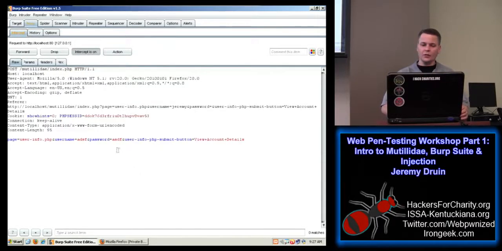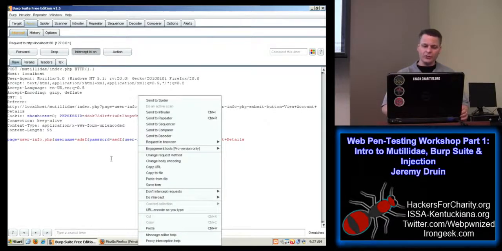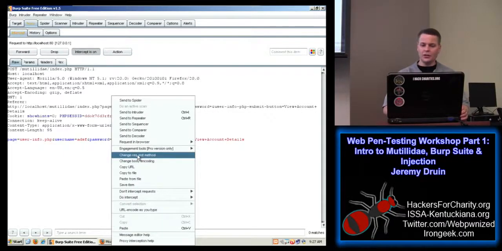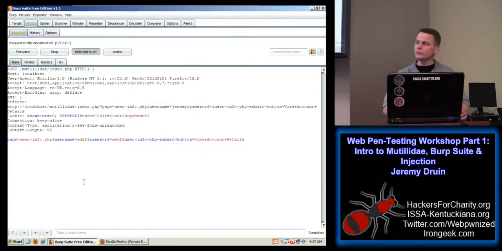Just right click anywhere, it doesn't really matter. Usually I just go for a blank spot in the page, and that'll give you the list of options. If you have a POST and you think there's cross-site scripting, could you just change it to a GET? Yes, but there would have to be a secondary vulnerability in the application, and there often is. So it's what we call a second order vulnerability. It's not a direct problem in and of itself, but the ability to switch back and forth between GETs and POSTs is called method tampering.